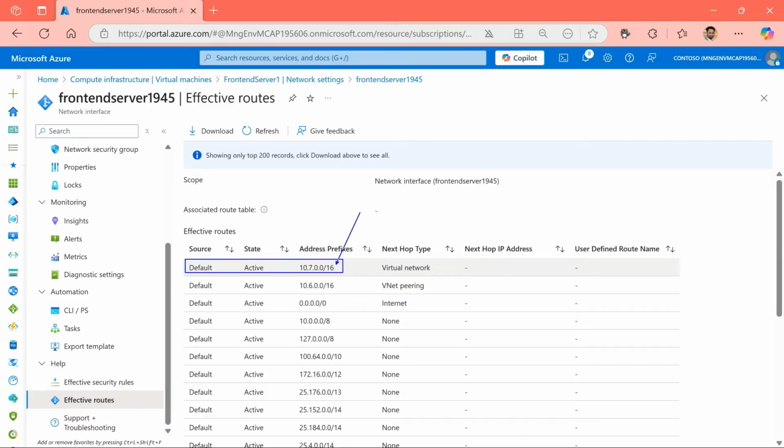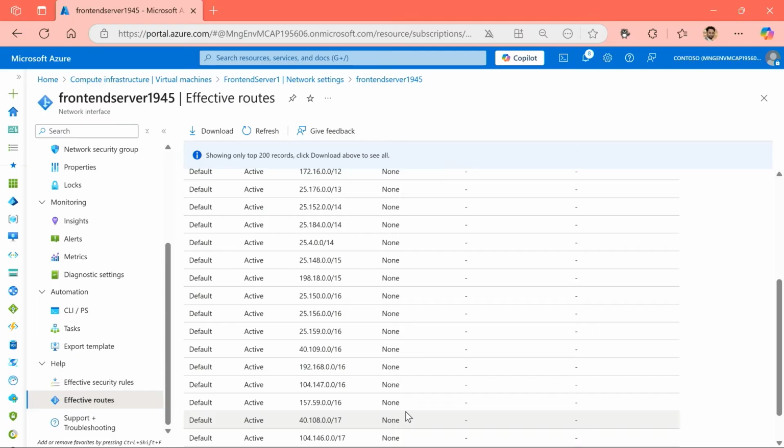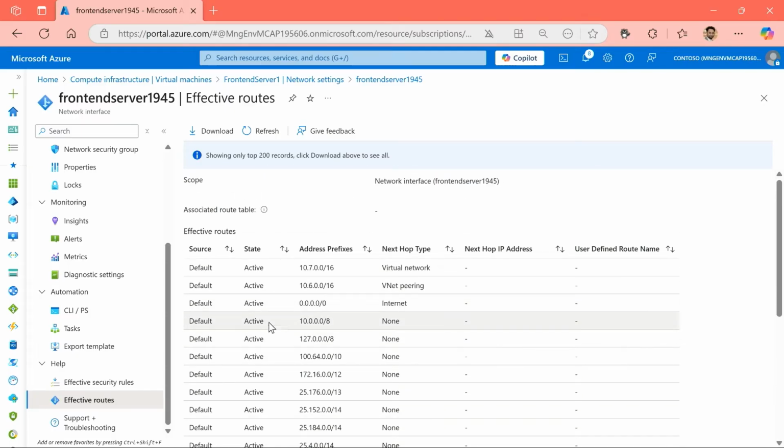This is interesting to monitor because we've already created a resource that's part of this virtual network. So traffic within this virtual network already has a route for that. However, we also created a peering from this VNet to our hub, and that's the network range for the hub. So it's already got a route available for that. It also has a default route available currently for internet, which currently stands as that. Again, we can look into changing some of those details, but for now, we'll leave it as it is. There are some other entries, but they're not configured, so there's nothing else currently defined.